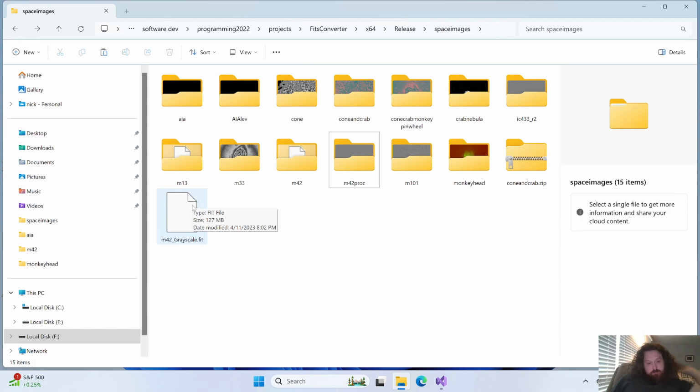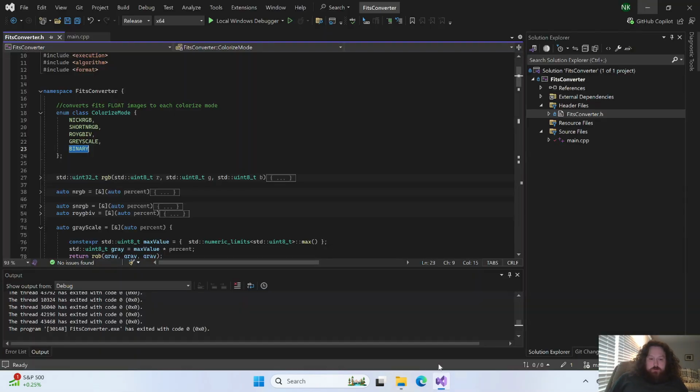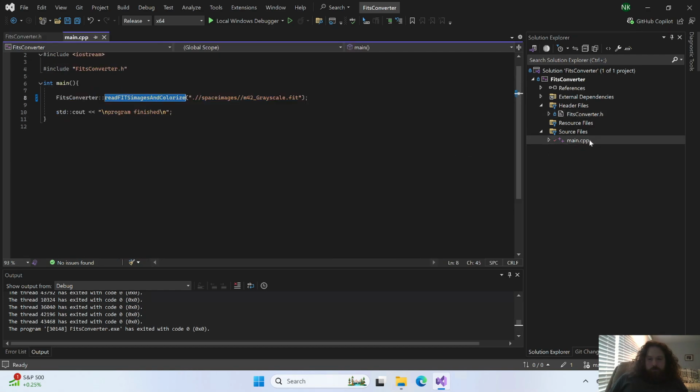So to start out, we're going to look at the old image. So what FitsConverter does is it takes a space image, a Fits image, and then